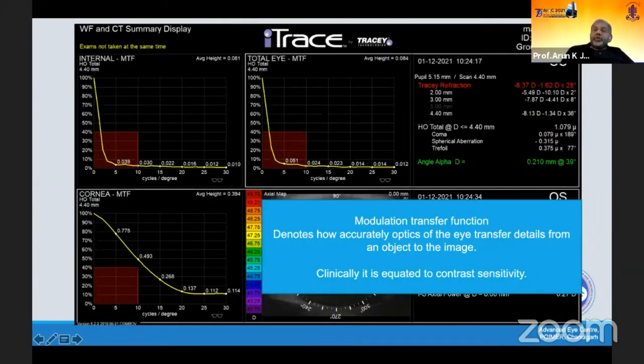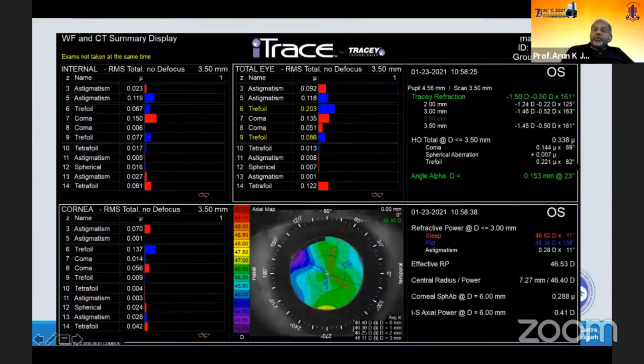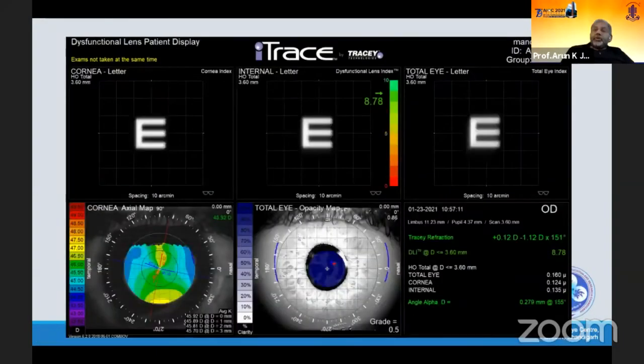You can see the internal aberrations have decreased, and even though the corneal spherical aberration remains the same, the total spherical aberration reduces to just 0.07, because it neutralizes the corneal spherical aberration. And this is the combined quality of vision after the surgery. And this is the point spread function, as Dr. Amit Gupta highlighted. It has improved drastically after the surgery.